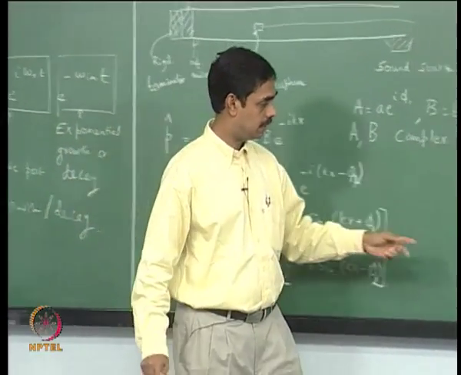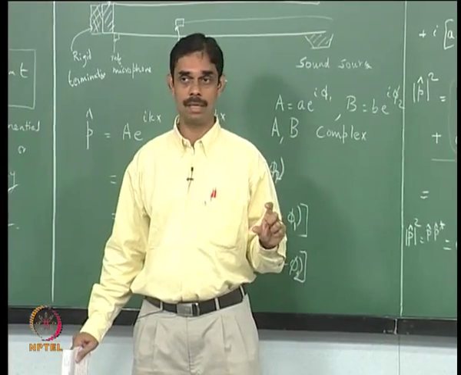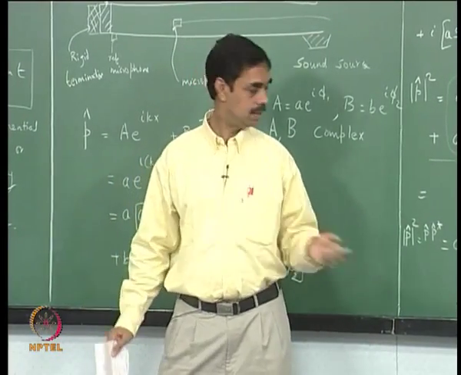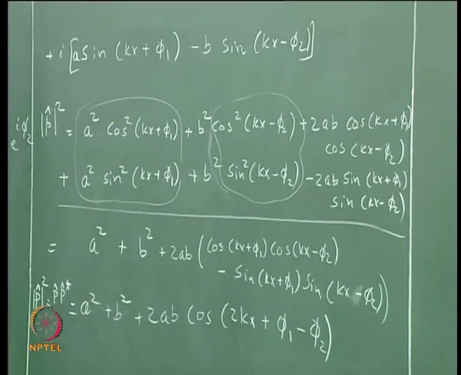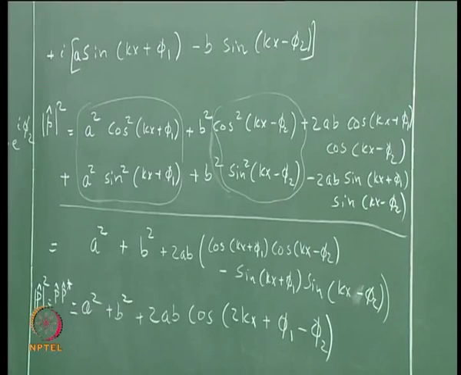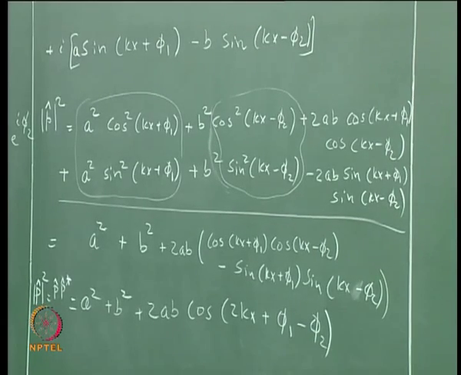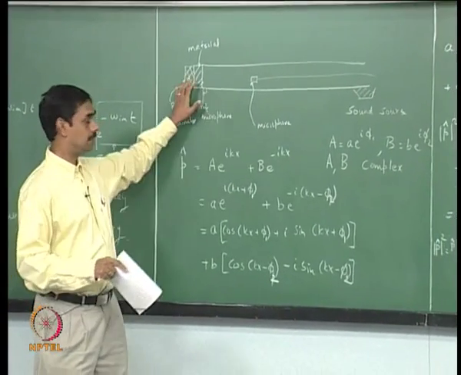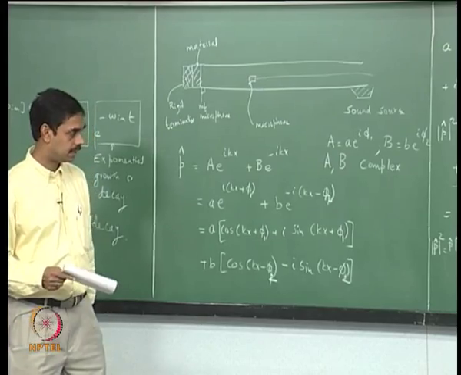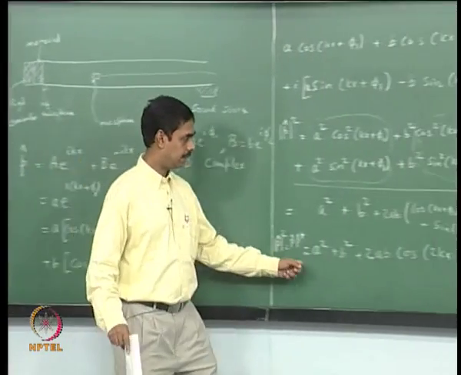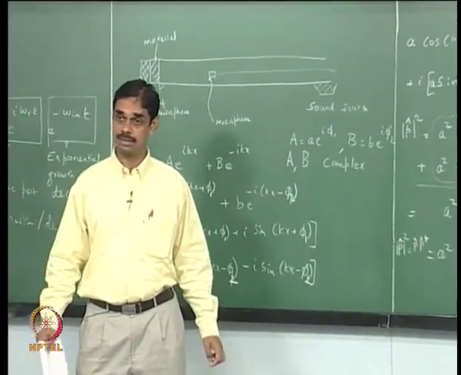So now if you put microphones at different locations, at each location if you measure the amplitude, this is the kind of variation that you would get. In fact, you will get the square root because this is the square of the amplitude. Now the issue is, I mentioned that in a real experiment we actually know the pressure, but we don't know the admittance here. So is there a way we can get this A, B and phi 1 minus phi 2 from measurements? So that is the next question.